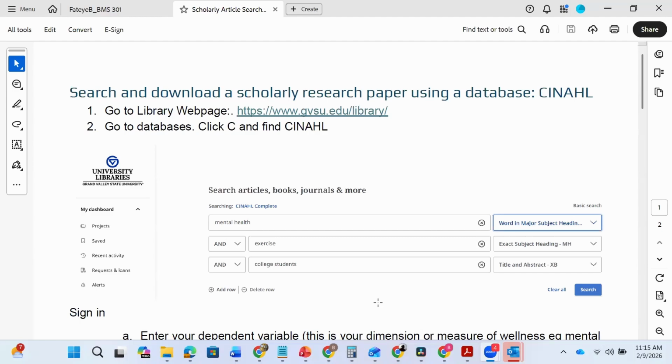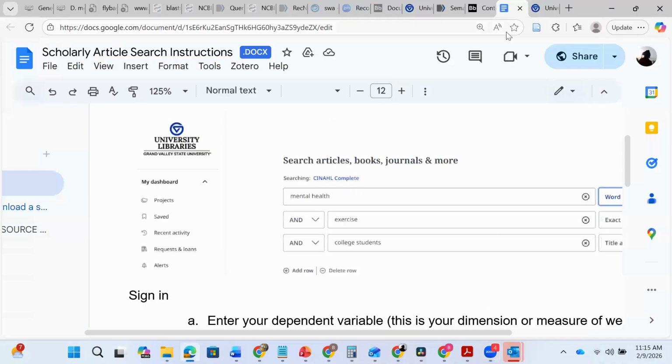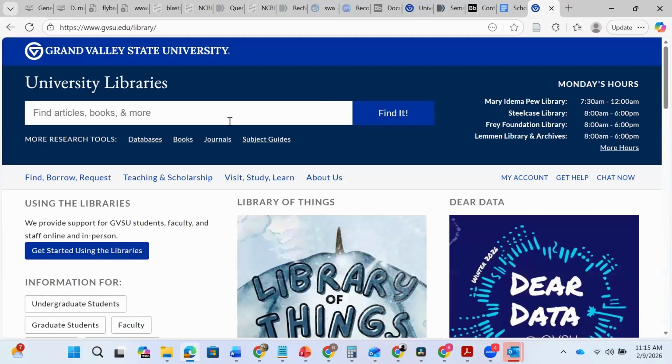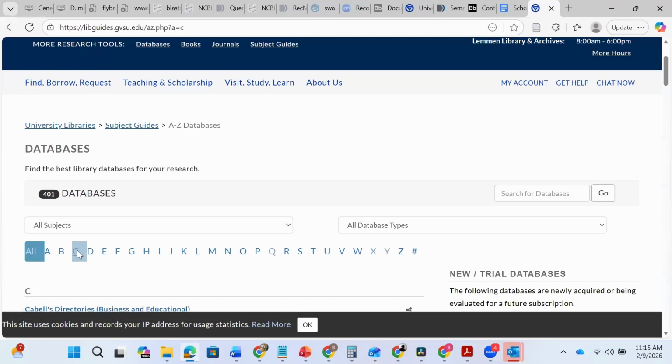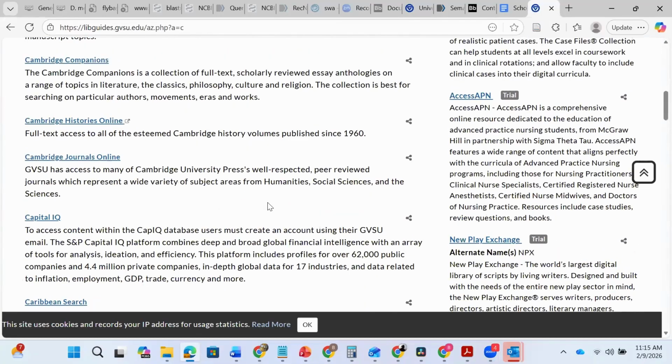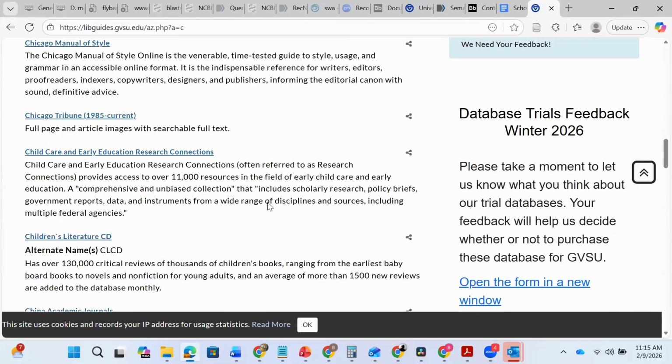Okay. So the web database we're going to use here is CINAHL. And CINAHL is available through the library web page. So you go to library, that's the link right here, and you go to databases. So I will do that now. So library web page, databases, CINAHL. And so if you go to C down here,